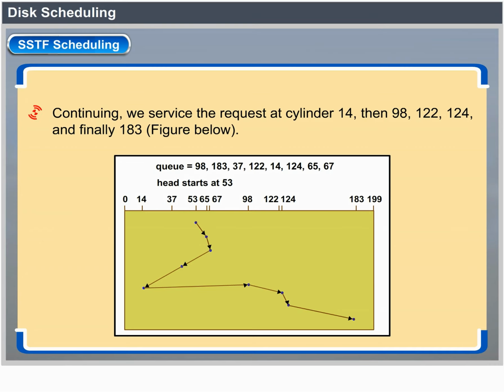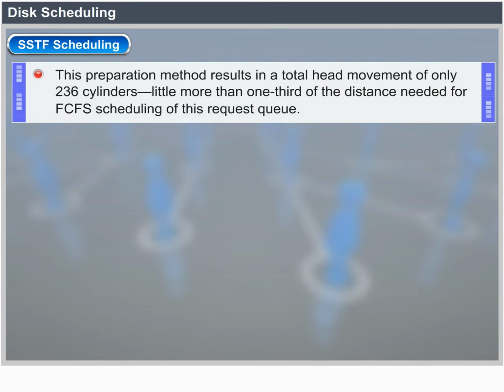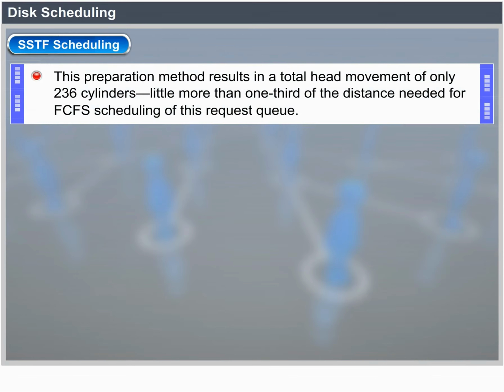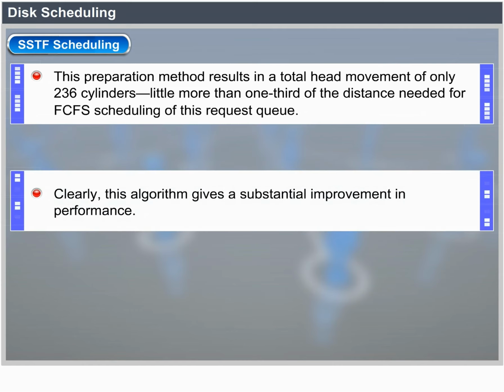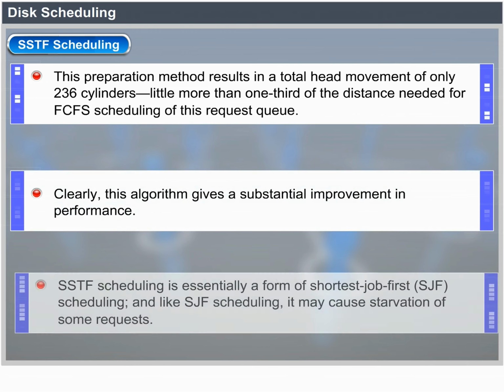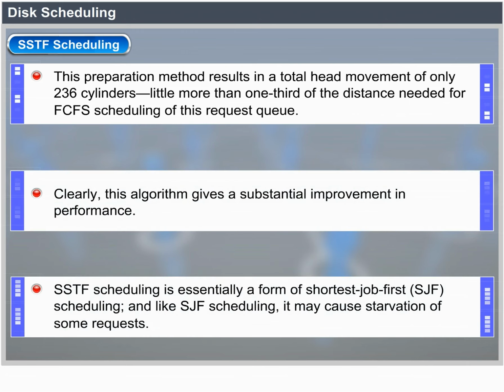This scheduling method results in a total head movement of only 236 cylinders, little more than 1/3 of the distance needed for FCFS scheduling of this request queue. Clearly, this algorithm gives a substantial improvement in performance. SSTF scheduling is essentially a form of shortest job first (SJF) scheduling, and like SJF scheduling, it may cause starvation